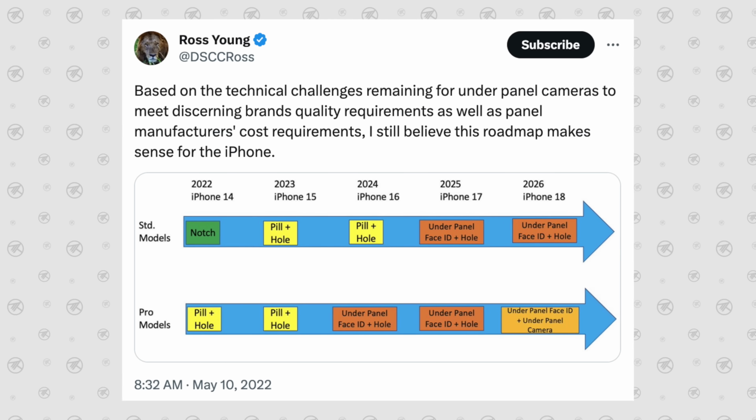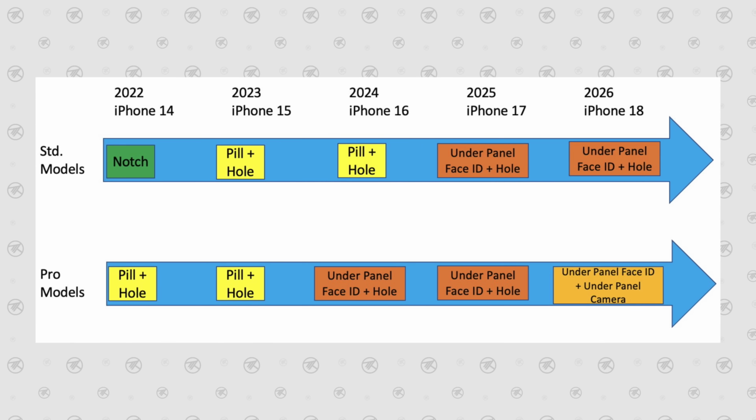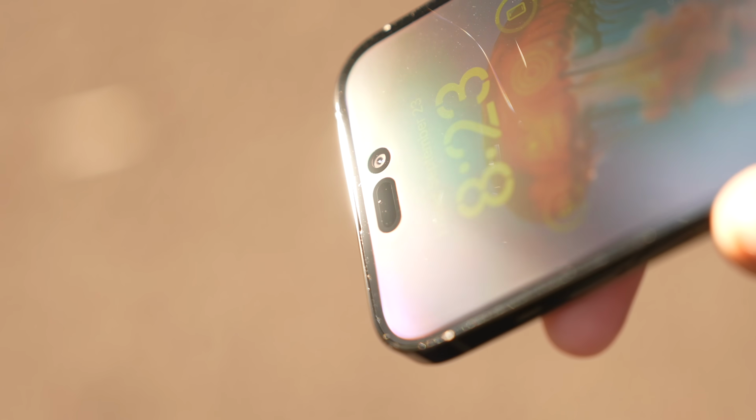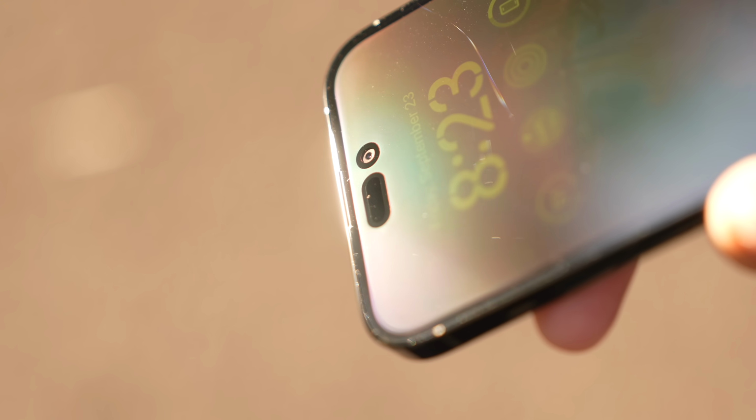And the best part here is that this leak perfectly lines up with Ross Young's display timeline for iPhones and their display features, but keep in mind that the regular iPhone 16 models will continue to have the regular pill plus hole punch cutout. Now, getting into feature number 9, this is yet another one for the 16 Pro models,